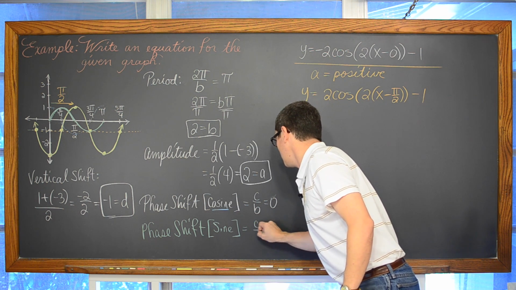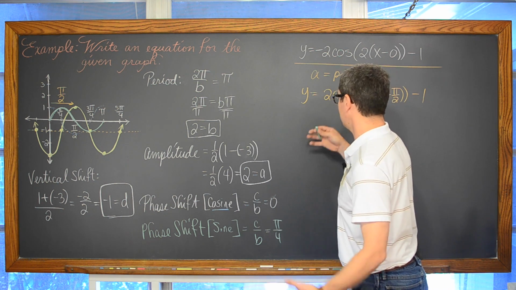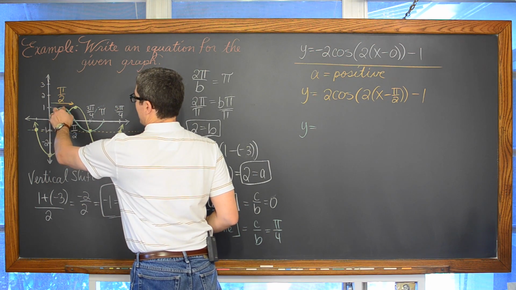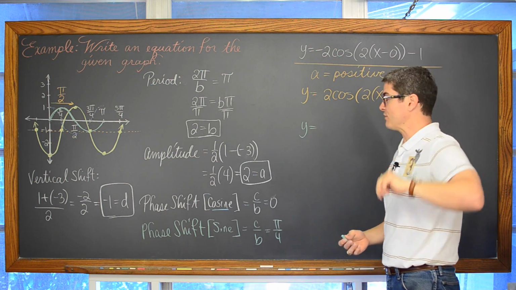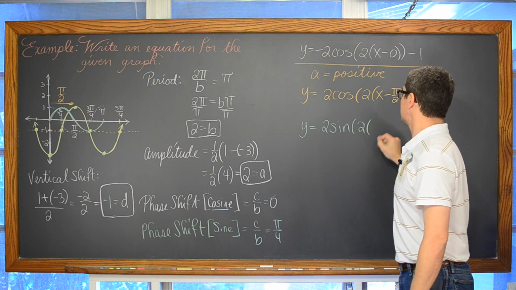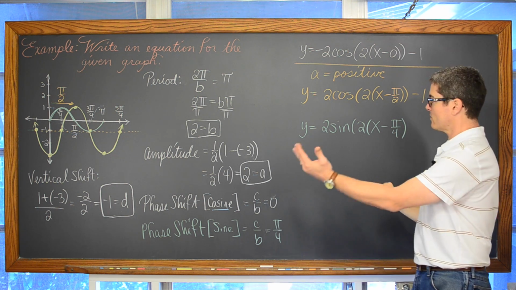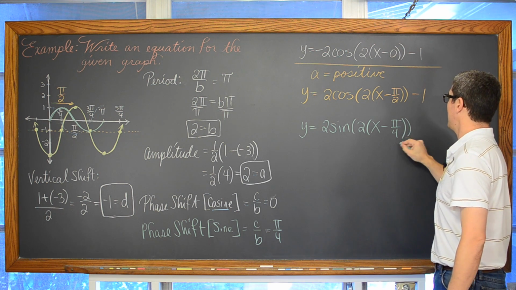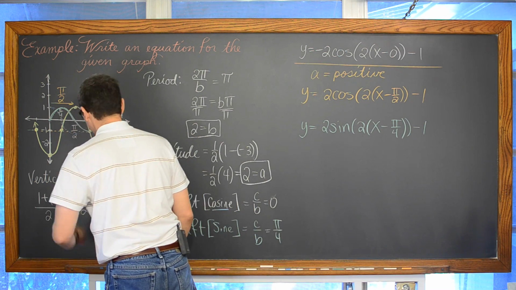The value of c over b is going to be equal to pi over 4. And so now we've got, at least in terms of sine, y is equal to, we're starting in the center going to a maximum, so there's no reason with this particular phase shift to have to do any kind of reflection over the x-axis. We have y is equal to 2 sine of 2 times x minus pi over 4, because again we're shifting this to the right to make the almost parent function line up with the given graph in the problem, -1. And there's 3 answers, all that match this yellow graph.